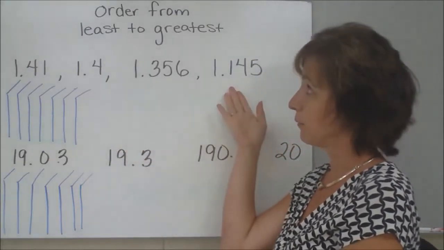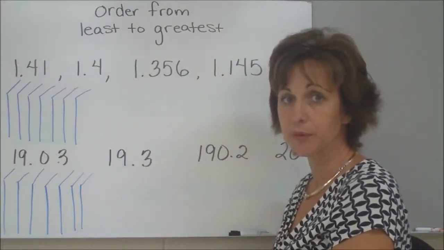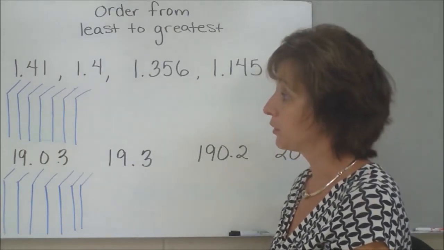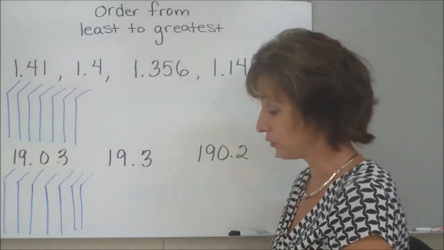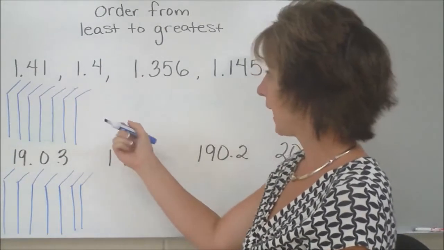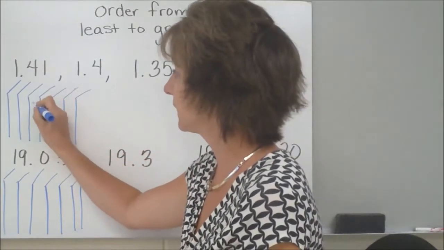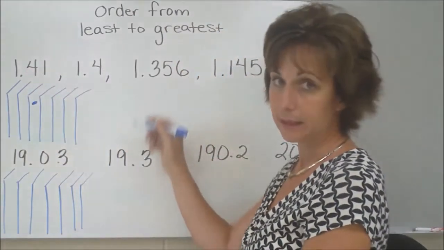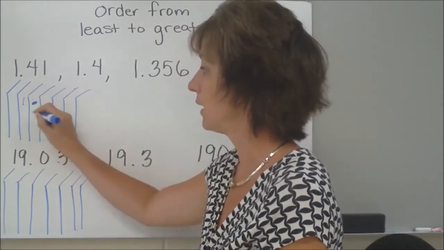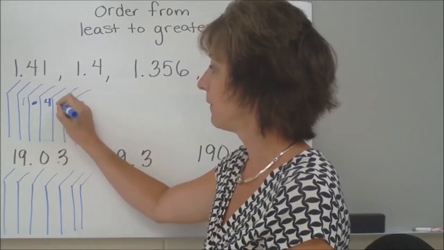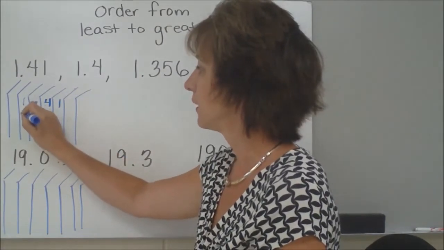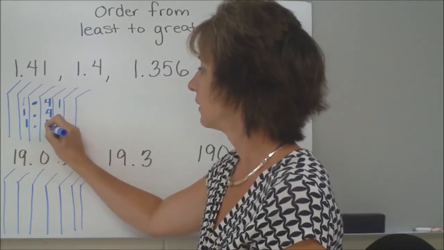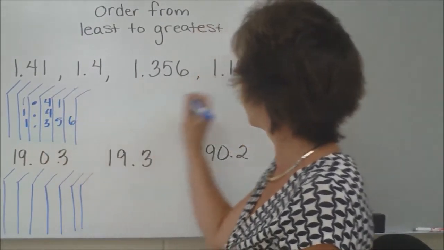This is a list of numbers and our directions are to put them in order from least to greatest. A strategy that will always work is to put them in a place value chart. In this case, I may have my decimal here and put each of these numbers in my place value chart. So 1 whole, 4/10 and 1/100th compared to this number, compared to this number,